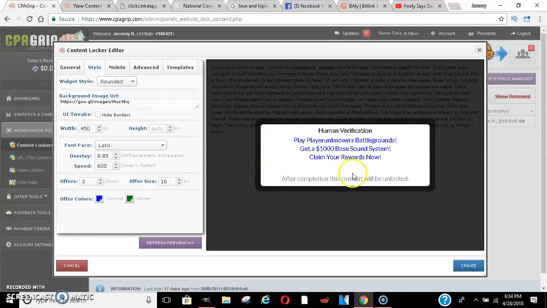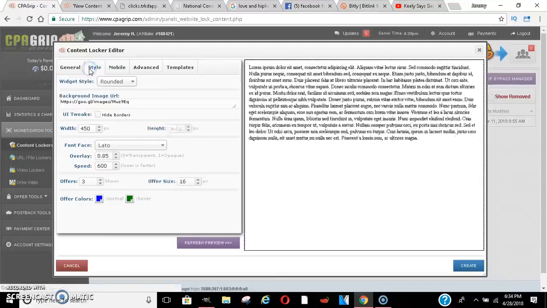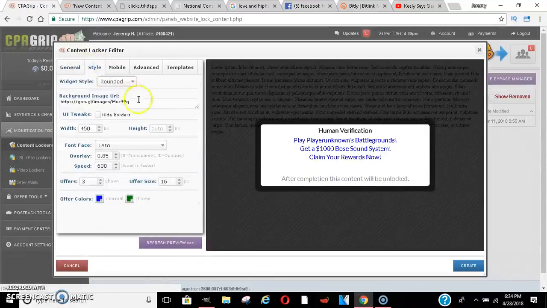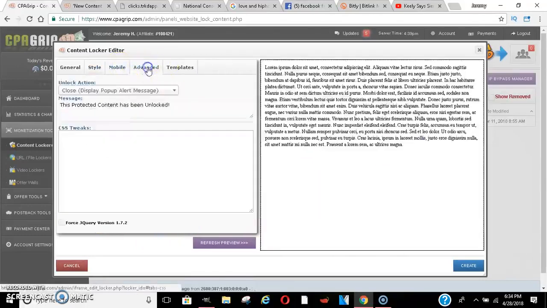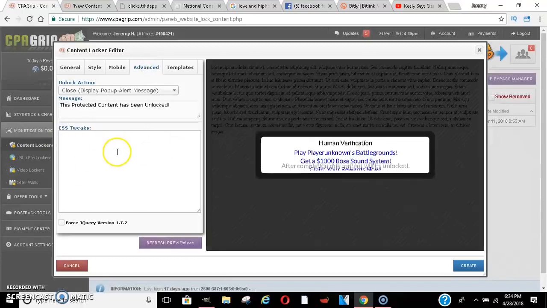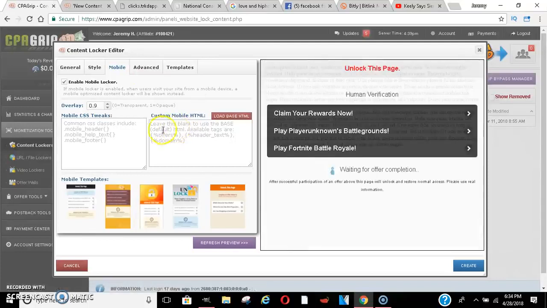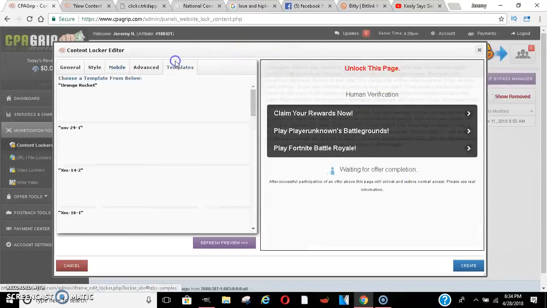Let's see. It's something like that. I only did it once, so I don't really know exactly, but I'm pretty sure that's how you do it. So you would just paste the background URL here that you want to show up in the background. And then you could also do this with gamers and a lot of people who play games. All this other stuff you don't really need to worry about, except I believe this is going to actually control the background.